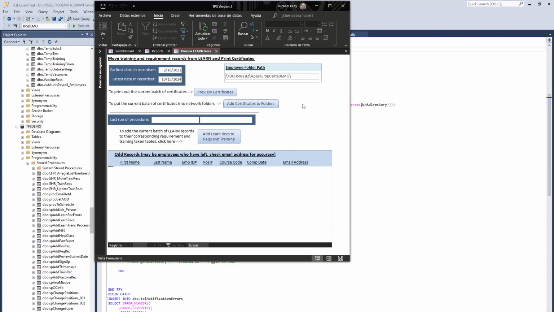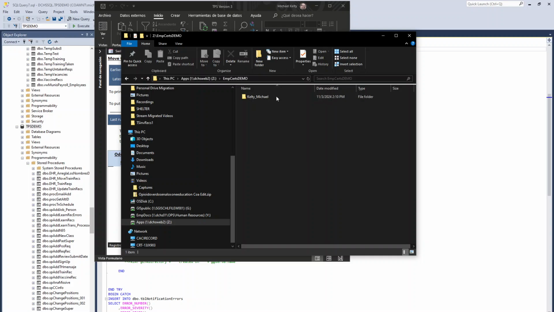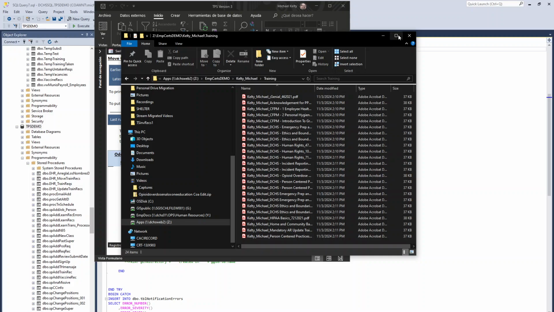It has a nice little flashy done thing that happens here when it's done, but it looked like it already went. So now let's go over and look at that inserts demo folder that had nothing in it. Now it has Kelty Michael. That is a new folder that it just created for me. I'm going to open it up. Here are those 6 folders. I'm going to open up the training folder, and here are